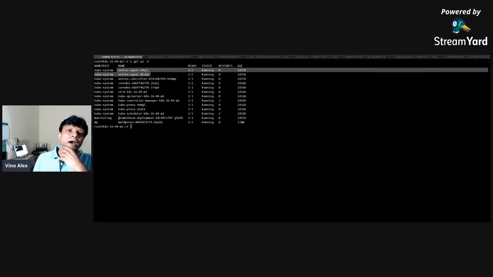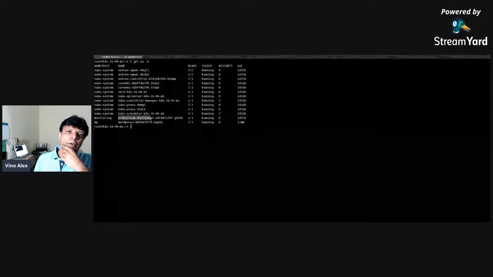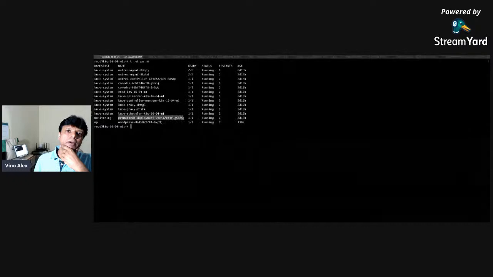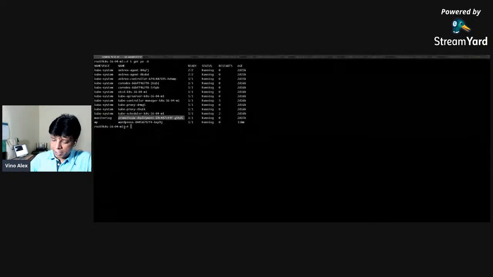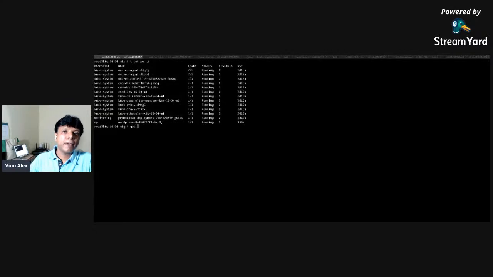So once you apply the Prometheus manifest, it will create a Prometheus environment, a Prometheus deployment also. If you go inside the monitoring namespace, by default it will create a NodePort service for Prometheus.